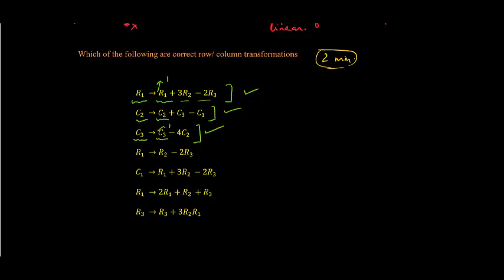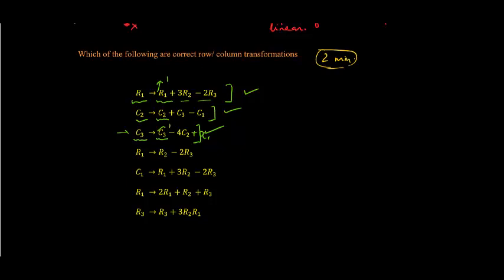अच्छा, ये ध्यान रखना कि ज़रूरी नहीं कि ट्रांसफॉर्मेशन में हमको सारी रोज या कॉलम को इन्वॉल्व करना हो. I can have a transformation including only C1 and C3. I can have a transformation involving only R2 and R1. So they are valid transformations. इसमें कोई गलत नहीं है. आप एक रो का मल्टीपल ऐड कर सकते हो. It is like adding 0 times C1, है ना. In this case it is like adding 0 times C1 here. So 0 times C1. So this is a valid transformation. There's nothing wrong about it.